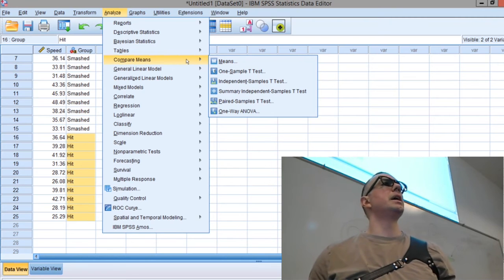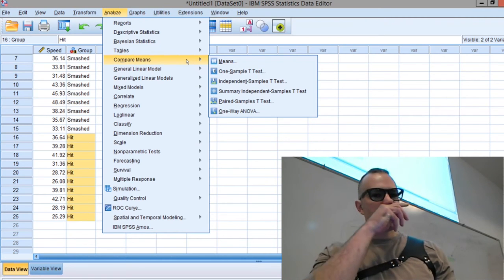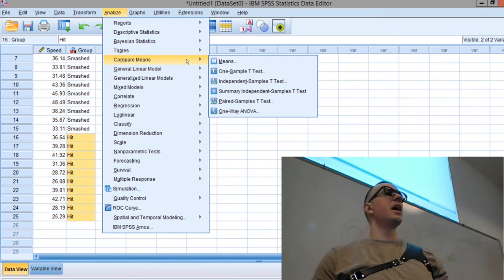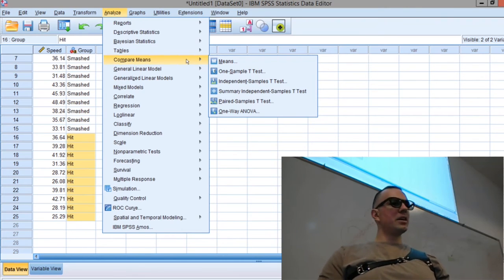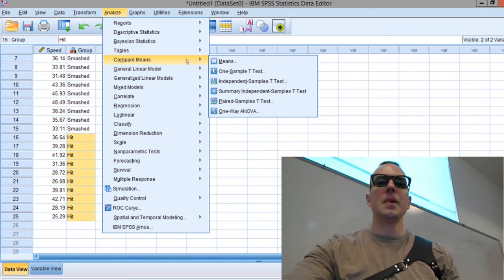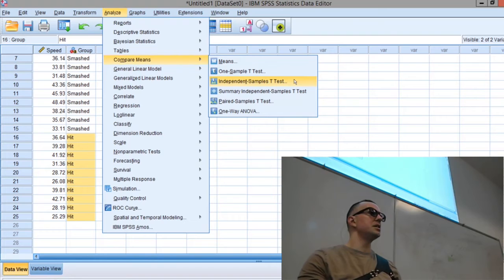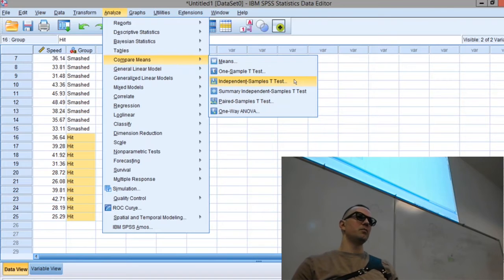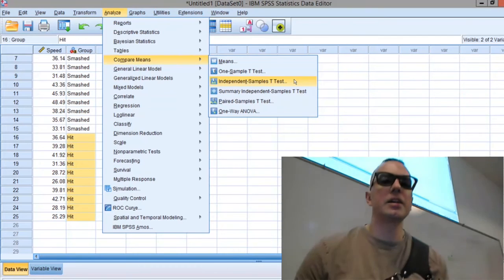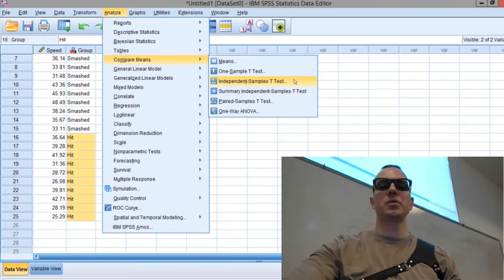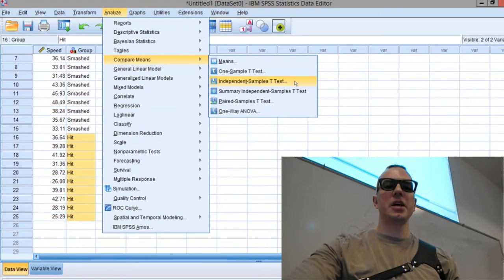This time around, we're doing an independent t-test. And this is the one where SPSS is kind of friendly, but not 100% friendly, a bit of a frenemy on this one. So we're looking for the ones that we want to do. And the one that we want is this independent samples t-test, not the summary independent samples t-test. So it's kind of friendly because we're looking for an independent means t-test, and it says, hey, here's an independent samples t-test. But then it gets a little mean and it says, hey, how about this other one? Let me try to distract you. Don't get distracted. It's the independent samples t-test. That's the one that we want. So we click on the independent samples t-test,